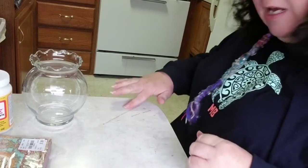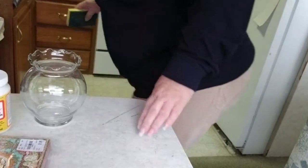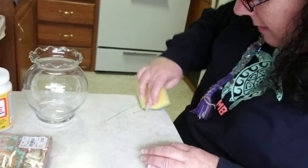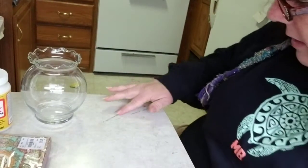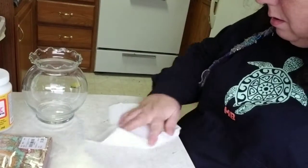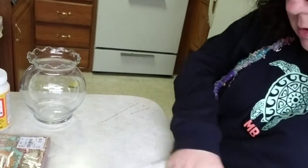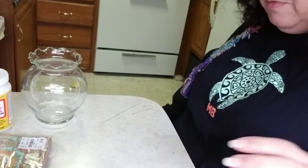I'm doing a craft. As you can see on my table, I've already been gluing stuff, and I don't know if it'll come off. Probably not. But anyway, I'll pick that up later. This is glue, and that was alcohol on the sponge, but it's not coming off. But it probably will if I scrubbed it. But I don't feel like doing that because my camera is tilted really far down and I don't want it to fall. So I'm doing another one of my